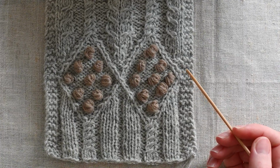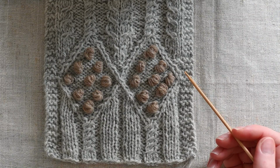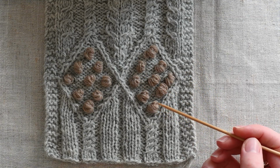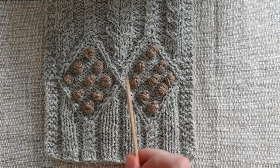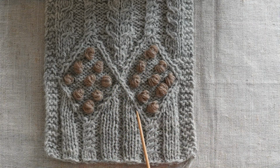In this video I will explain how to work bubbles on Smilga Shawl. If you are using 2 or more colors for your shawl, it means your bubbles will be in contrasting color. Now because the distance between these bubbles here and these bubbles here, which are on the same row, is too long,